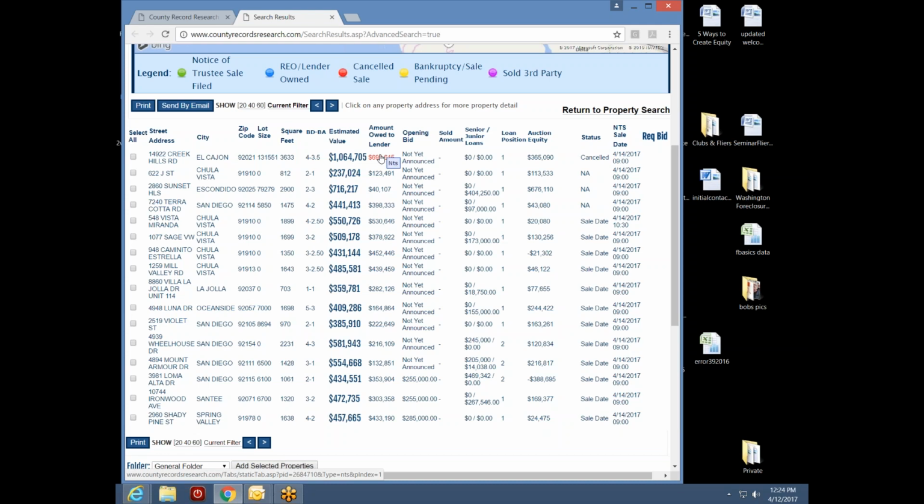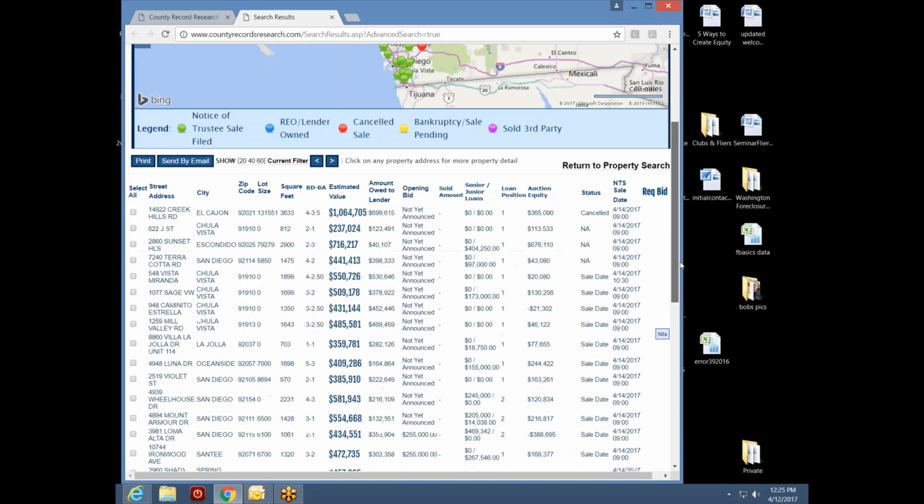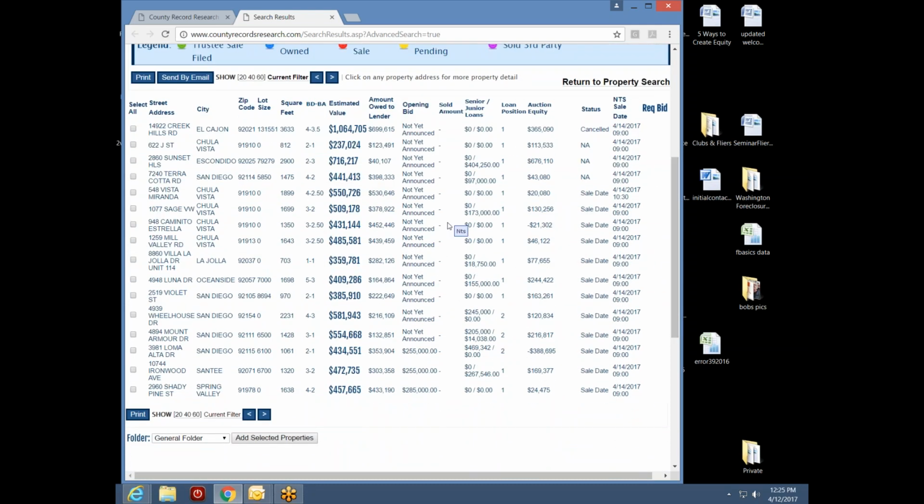There are a variety of reasons why an auction can be canceled, but since we picked up that canceled notification, we know this one will not go to sale on Friday. These others are still scheduled to go. So we have a total of 16 records, but 15 right now are scheduled to go to auction. Some of these will change in between now and Friday.